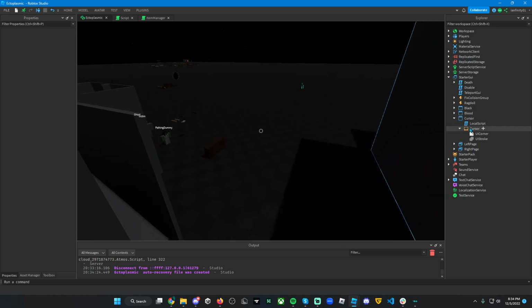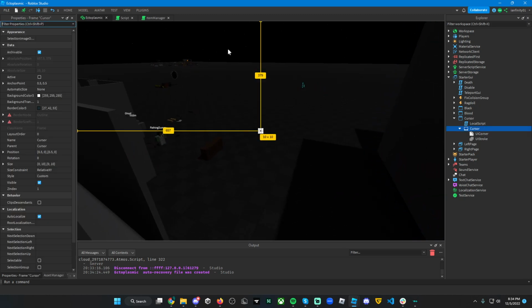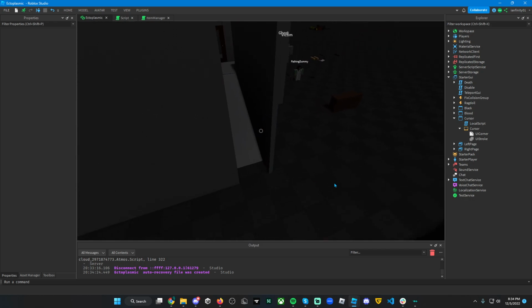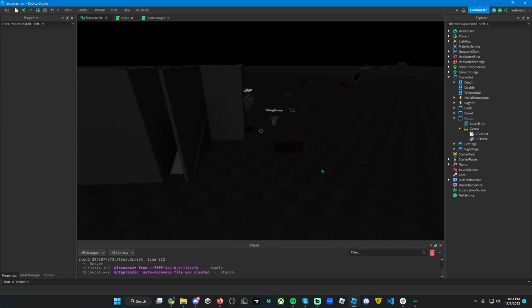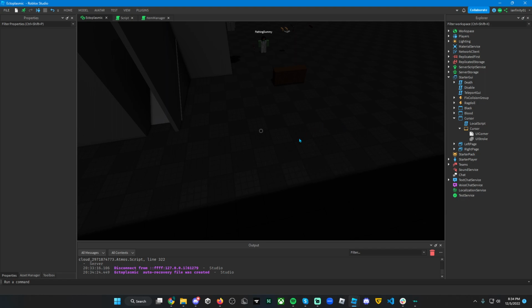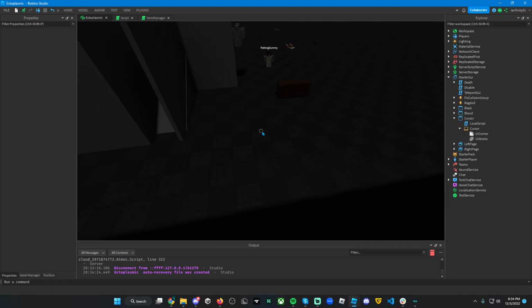I think I'm gonna make it a bit more transparent too. That's the wrong way to go. There, that's pretty good. Maybe a bit more. There, perfect. So now we have this, and I am going to write a script that will detect if you're looking at something interactable, and then